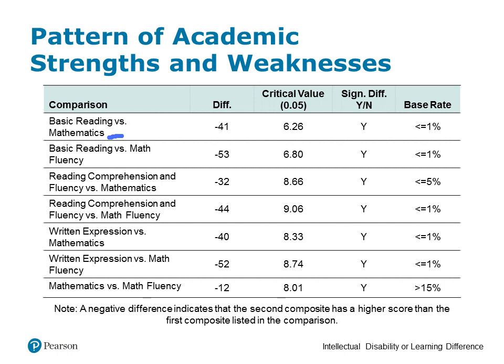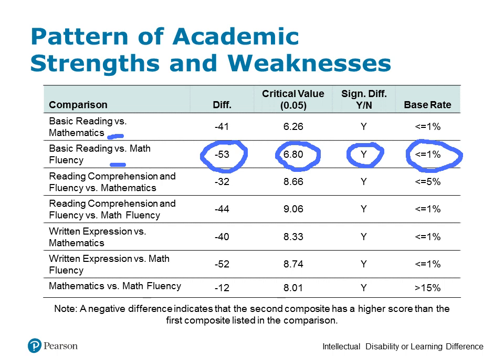So when you look at these comparisons, for example, basic reading versus math fluency, the difference between the standard score for basic reading and the standard score for math fluency is 53 points. If that difference score exceeds the critical value, you'll say that that difference score is significant. It's a statistically significant difference. And a difference of that magnitude is unusual or rare, occurring in less than 1% of other children his age